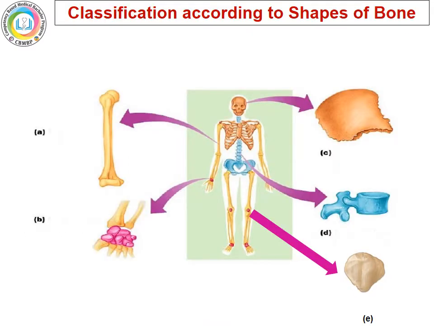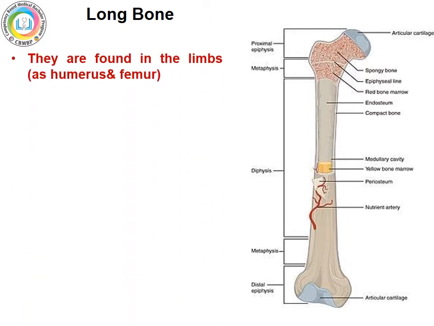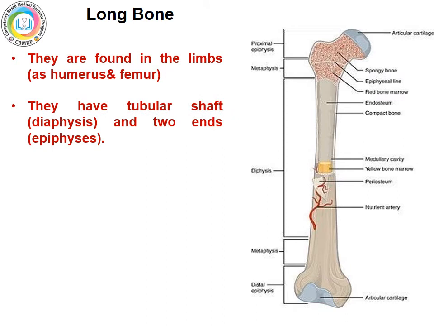Now let us see classification according to the shapes of bone. If you look at the shape of any bone, you can see the bone may be long, short, flat, irregular, or sesamoid. Now let us take them one by one in detail. Long bone. What is the structure or character of long bone? It is found in limbs, as humerus and femur,